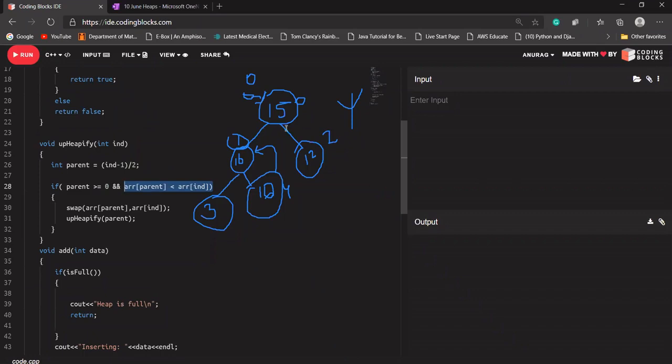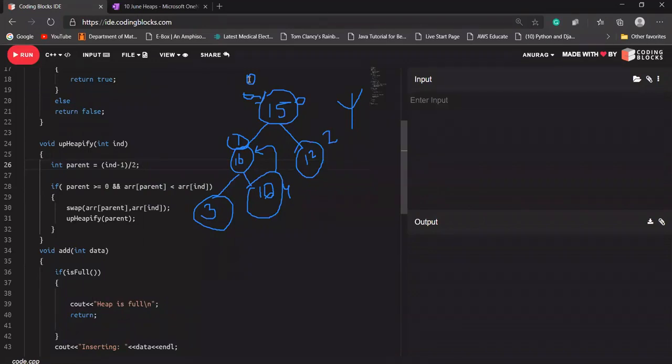Now 16 is greater than 15, so I swap these values, and 16 comes here and 15 comes here. Again, I'm going to pass the index of 16 to the up heapify function, and it is going to check its parent again. In that case, we are not going to do anything.